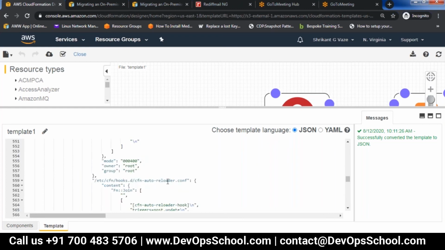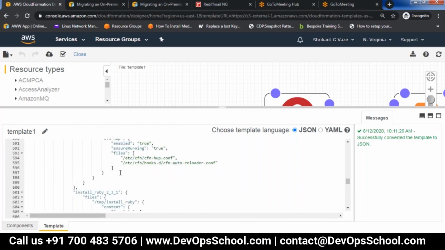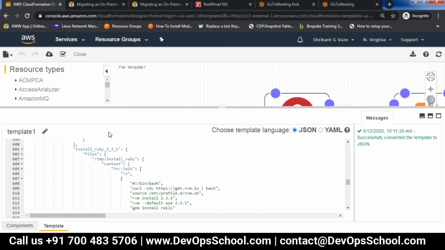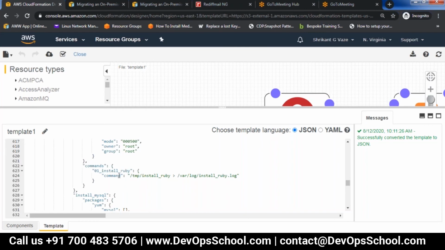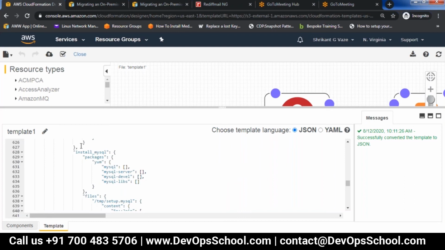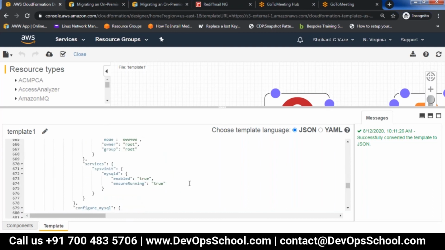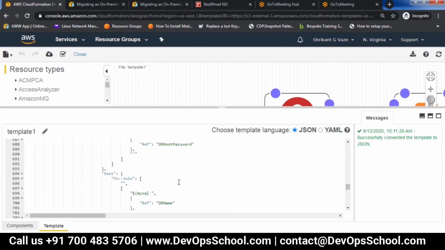Then you have the reloader config, and this is related to the Ruby on Rails configuration part, and then you have install Ruby, with the command to install Ruby, and then it goes to a log, etc. Then for installing MySQL, there are certain commands here: MySQL server, client, development, libs, etc. So all these things are mentioned here, what is to be installed.